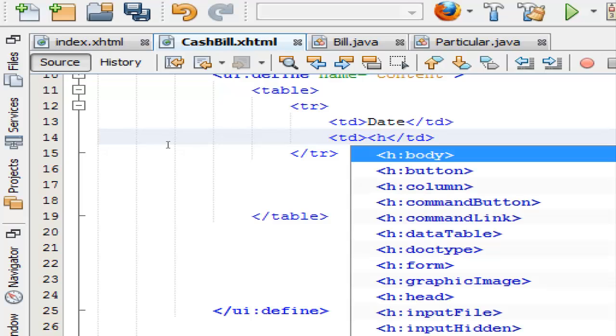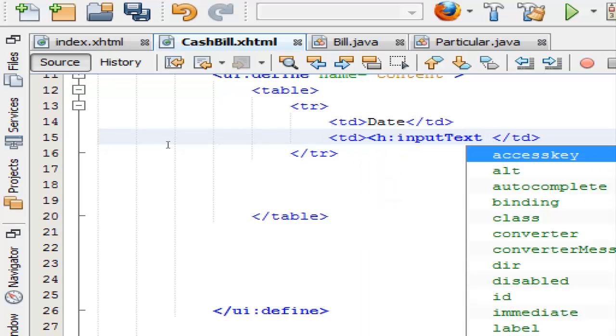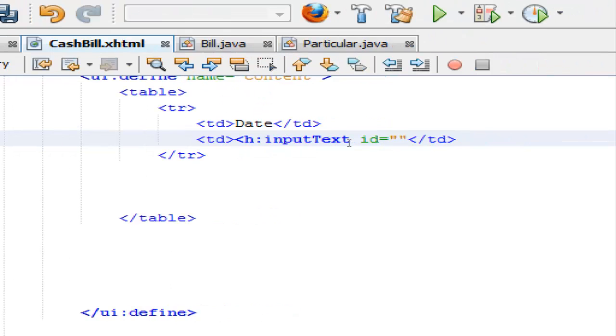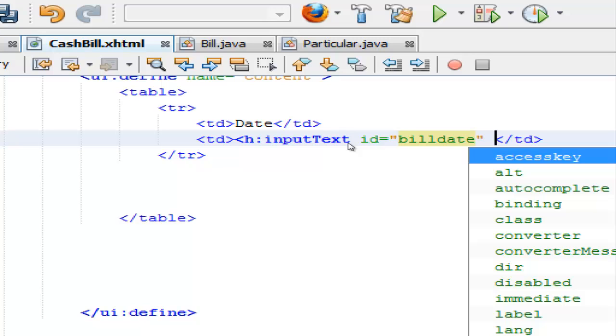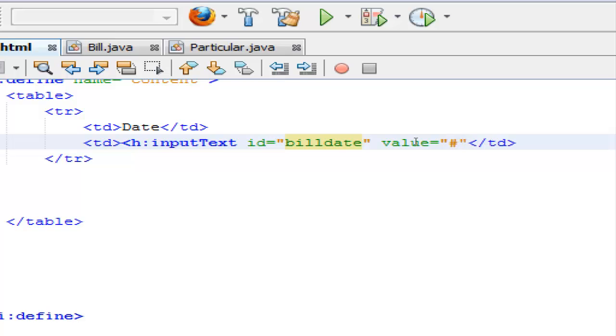And then I'm going to start with the input text. If you want, you can give an ID, but it is not required. If these words need not be the same, I'm not going to use the ID. So it's not really required. The value is not validated. The value is, I will go and put this one. The value is, so I have this bill,